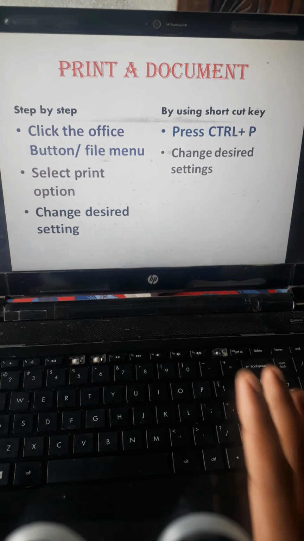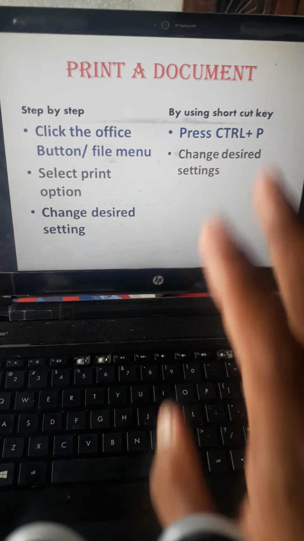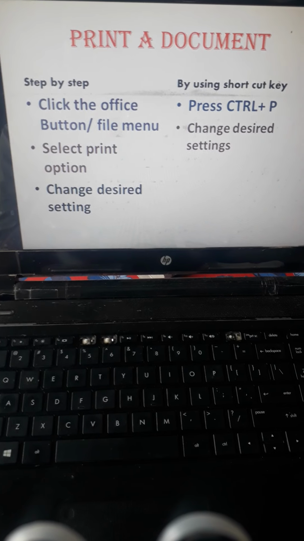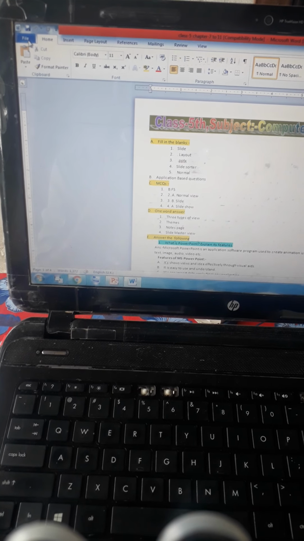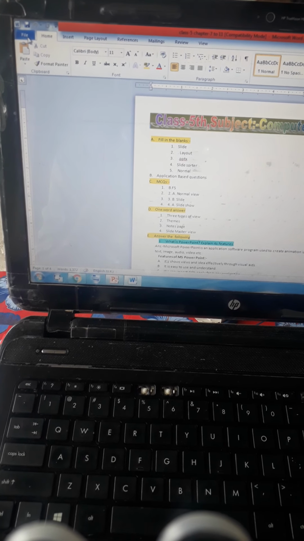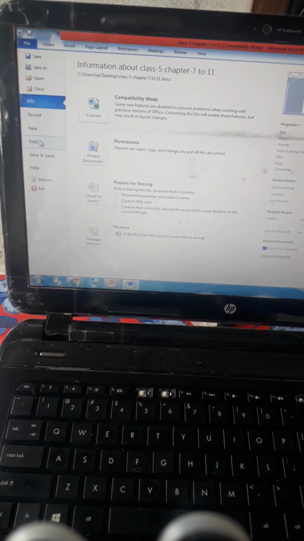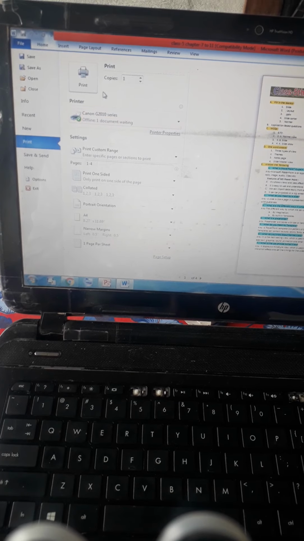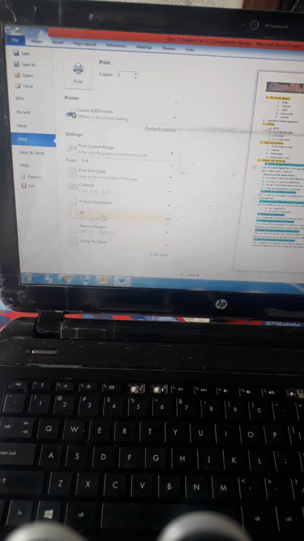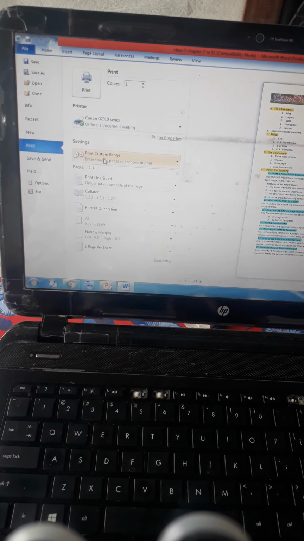After this we have to change the desired settings according to our needs, which I am going to show you, what settings we can change. When we click on the File menu, you can see this type of menu will appear. Here we have to select the Print option, and after selecting the Print option this type of window will appear. Here we have to change the settings. Here is given the